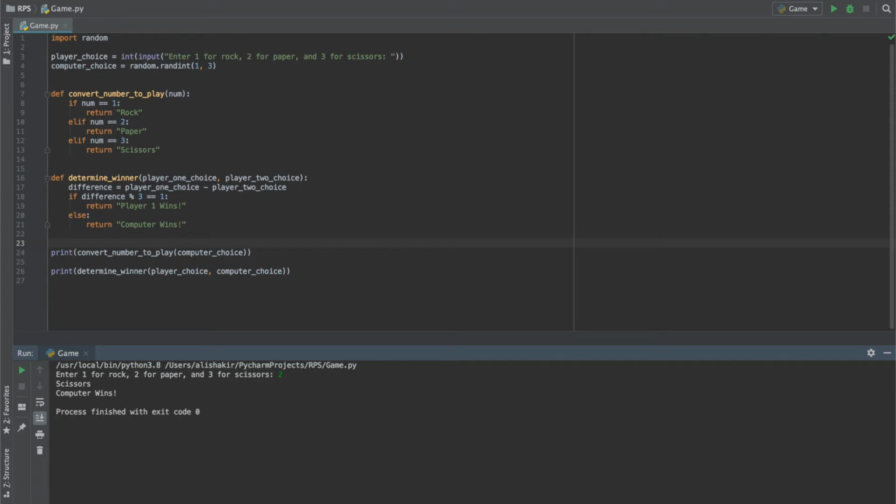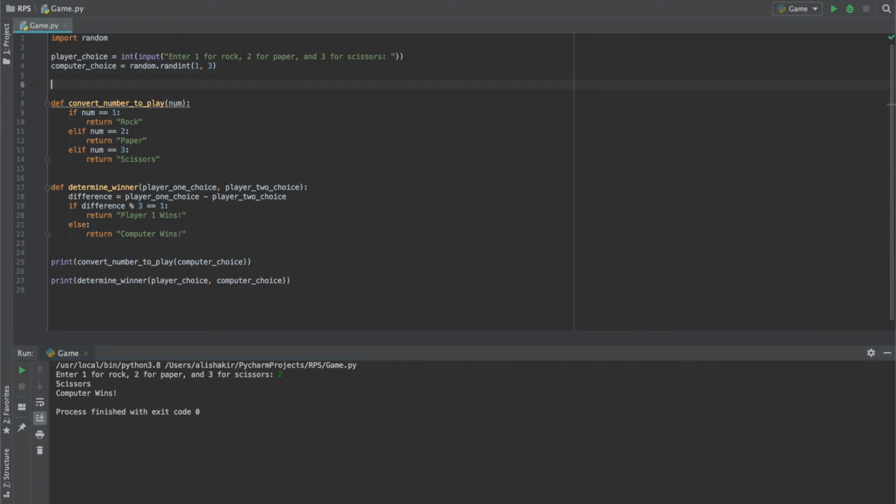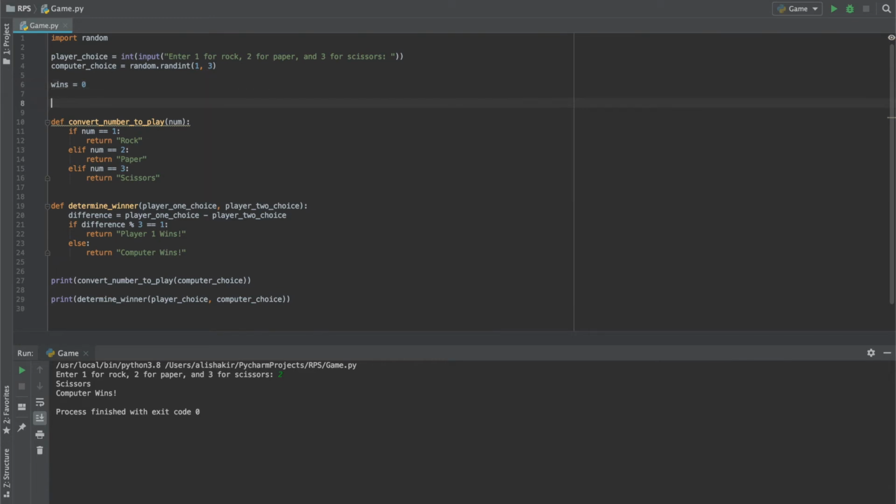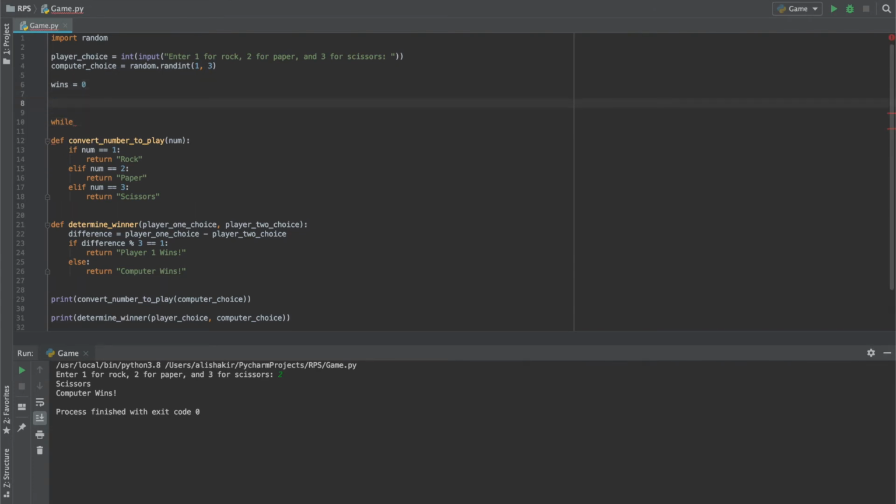Okay. So what else can we add to make this program a little bit more interesting? Well, we can keep track of how many times the player wins and allow them to play over and over again. We can do that using a while loop. So, wins, set that equal to 0. And then we'll say while, and we'll have to keep a variable to keep track of whether the player wants to keep playing or not. So keep_playing equals True. We'll set that to True by default. While keep_playing,